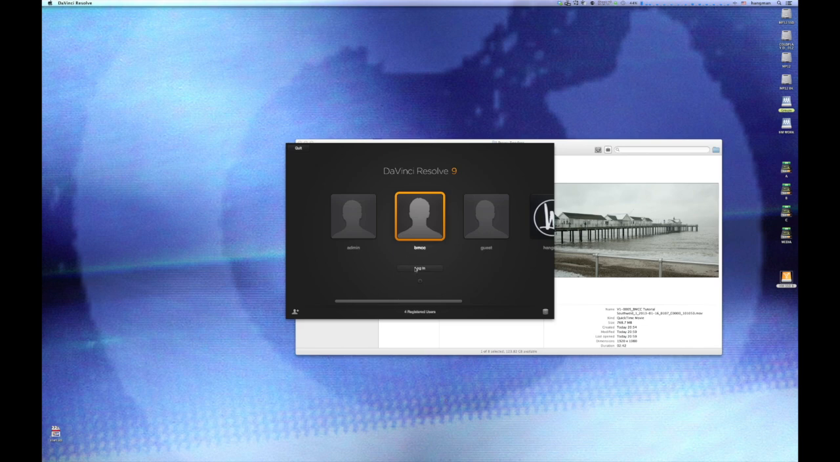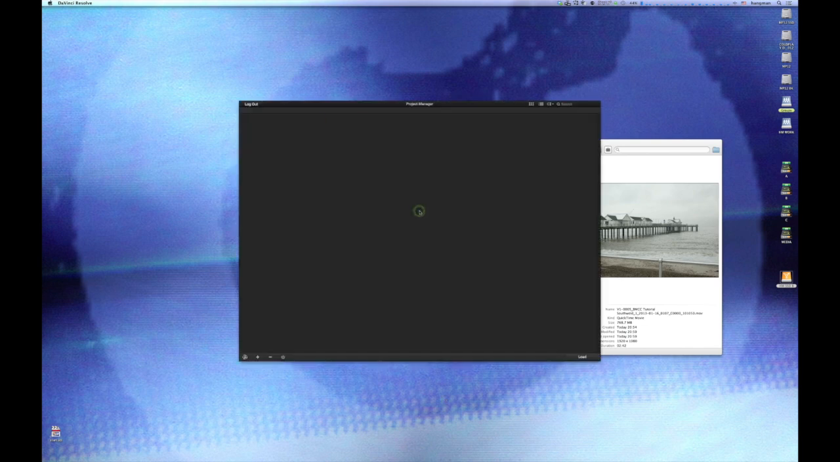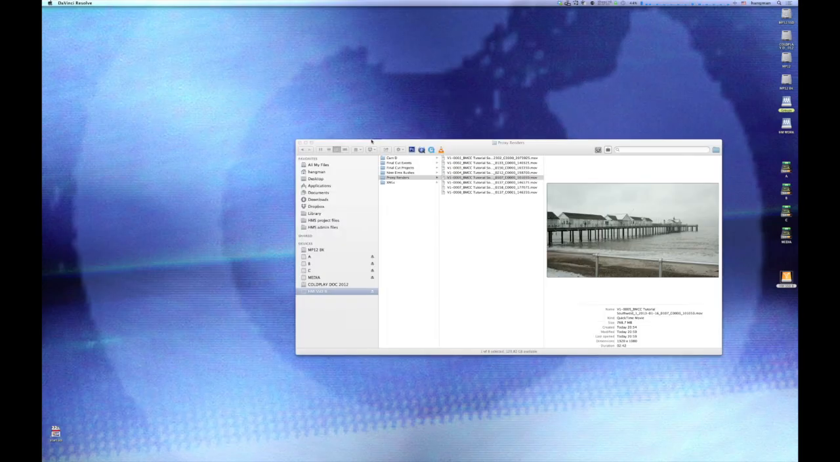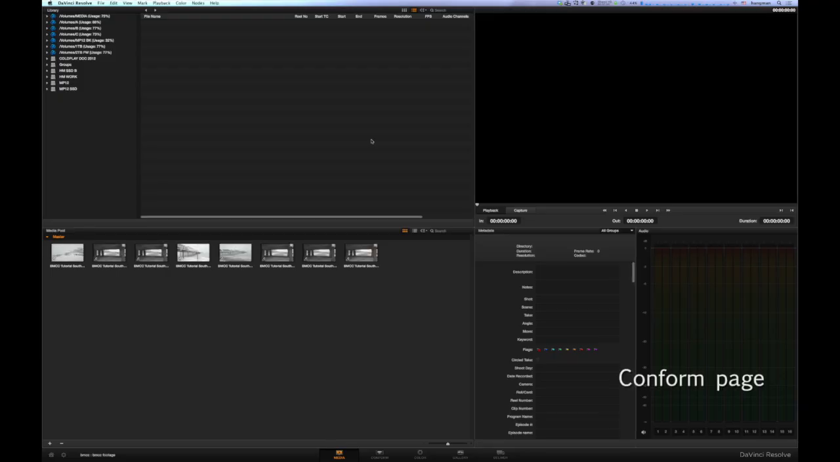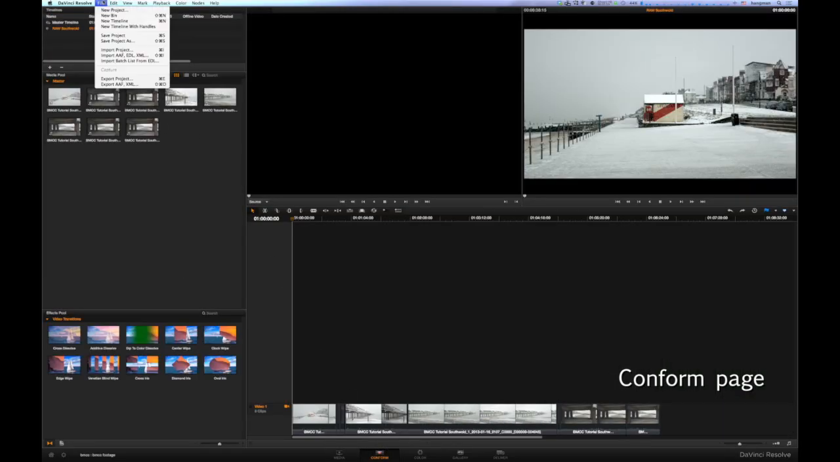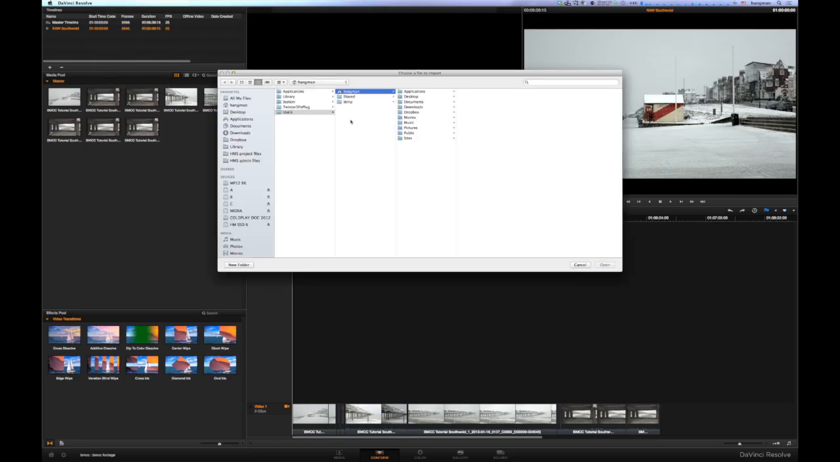I'm going to log back in as a user that I've set up, and this time I'm actually going to open up the project that I was working with already. Now that we're back in Resolve, we're going to go to the Conform page. We're going to go up to the File menu and go to Import AAF, EDL and XML. We're going to look for our XML that we just exported from Final Cut 10